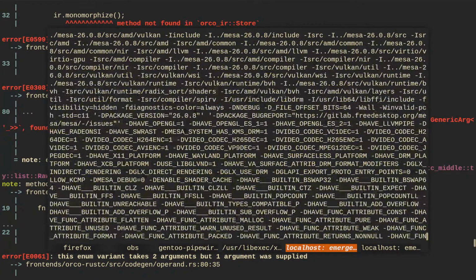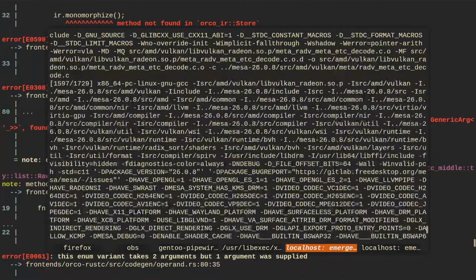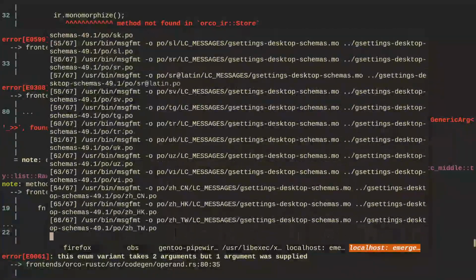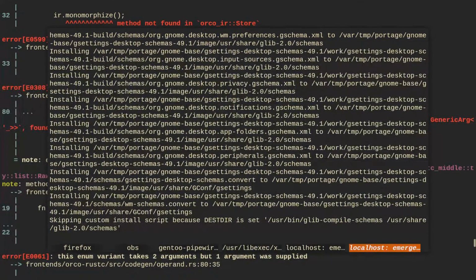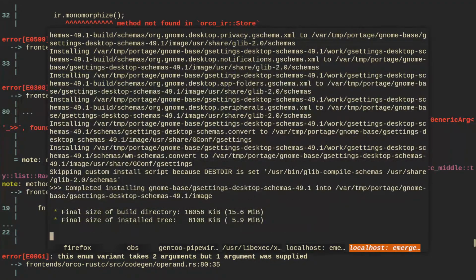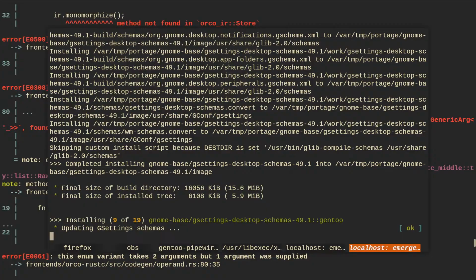Alright, this is almost 1600, which means we're pretty close here. And this is done. 67 objects there, installing. And was it the last one? Can't see. No, it wasn't. Oh, it wasn't even close. Right, G settings.